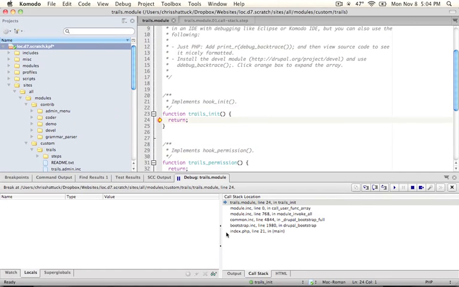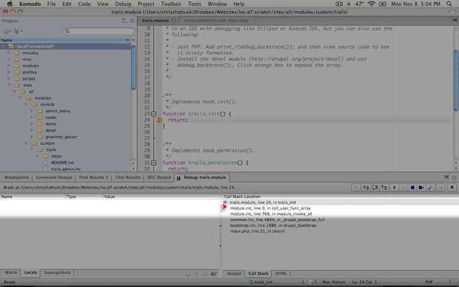There's only 6 functions that are being called here, and these are the functions that led up to this point. This is pretty natural because hook init runs pretty early on in the Drupal execution process. So if we want to take a step back up, this line here tells us what called our Trails init